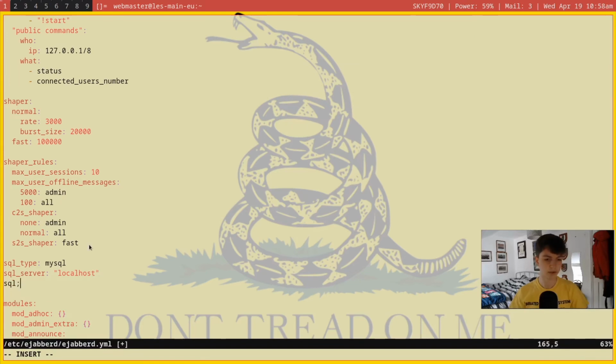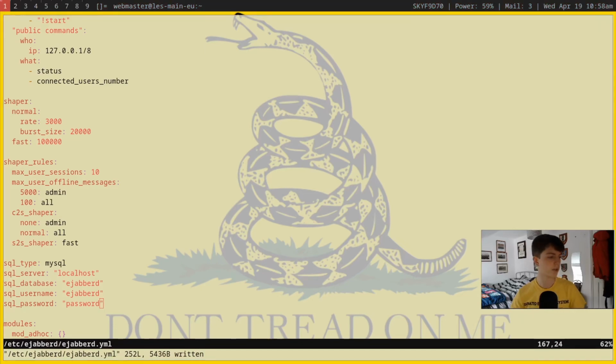And for the SQL database, we're going to create a database called ejabberd, and the SQL username is also going to be ejabberd. And then the password, just for tutorial's sake, I'm just going to put as password. Okay? So we've got all this now. We're going to be able to connect to our SQL database, but we need to actually create the database